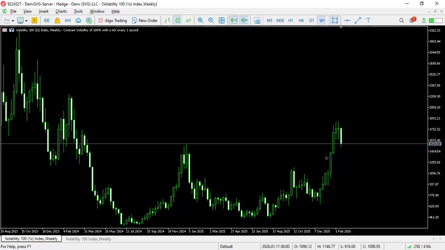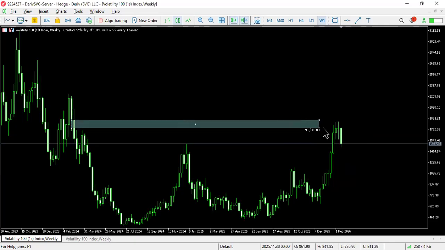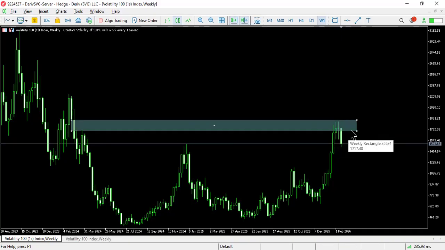So as we can see from here, price has been buying. However, we formed an indecision candle, and then the sellers stepped in at this point. So I'm gonna go ahead and mark my supply zone. We have tapped into a supply zone right there, and we are getting some rejections at that point. We are getting some rejections, and then down here